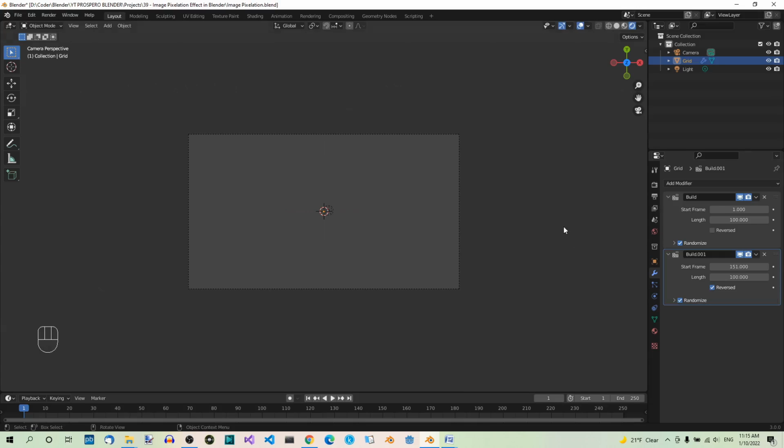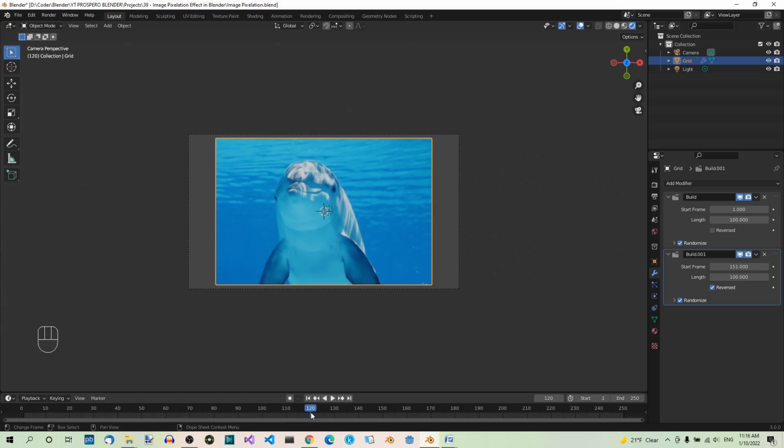Step 8. Add the brightening up effect. Let's add one more detail to the animation. When the grid is fully built, around frame 120, the image should brighten up for a fraction of a second. So go to frame 120, which is over here. Then in the Material tab,